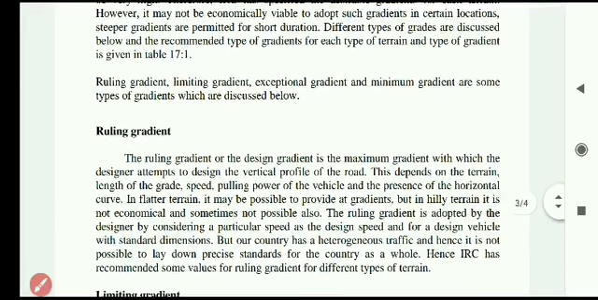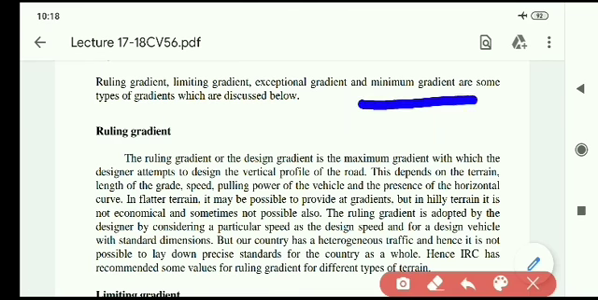Okay, the first one. We have different types of gradients which are categorized. Under that, they are like this. Following is the set of gradients. First is ruling gradient. Second is limiting gradient, then exceptional gradient and minimum gradient. So friends, the minimum gradient is always considered for drainage work. A minimum amount of gradient is provided on the surface of the road just to drain off the water. In order to drain off the water, we always provide